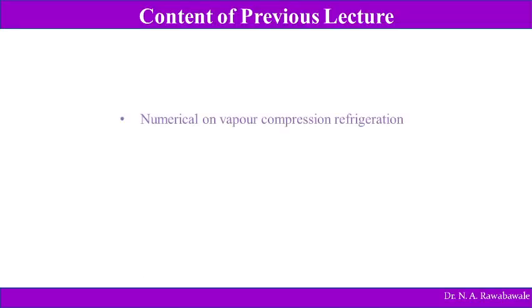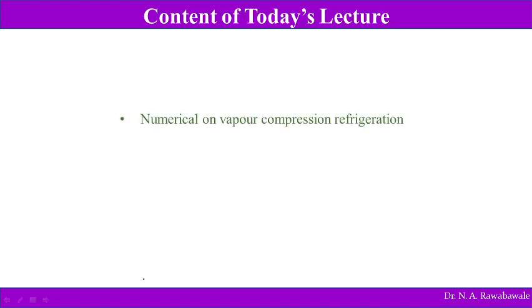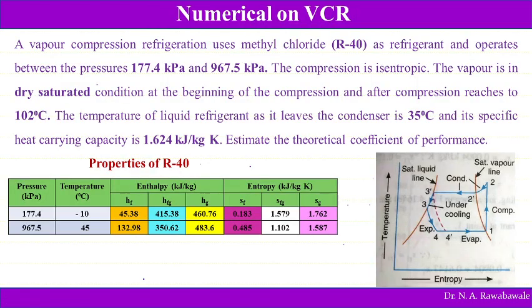In the previous lecture, we discussed numericals on vapor compression refrigeration. So today also we are going to discuss a few more numericals on the vapor compression refrigeration system. This is one of the numericals where a vapor compression refrigeration system uses methyl chloride, which is represented by R40, as a refrigerant and operates between pressure limits of